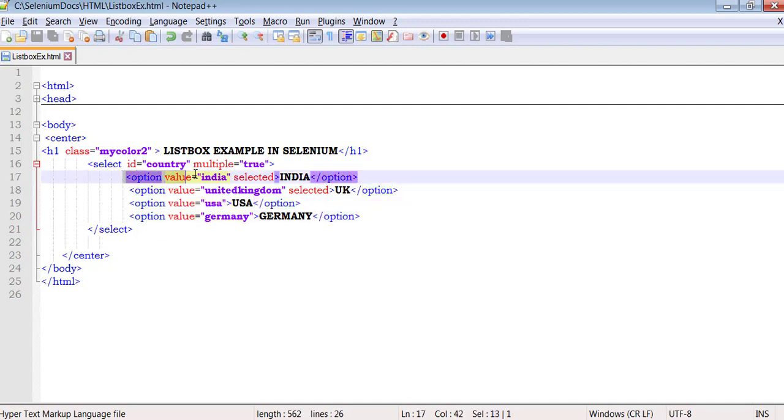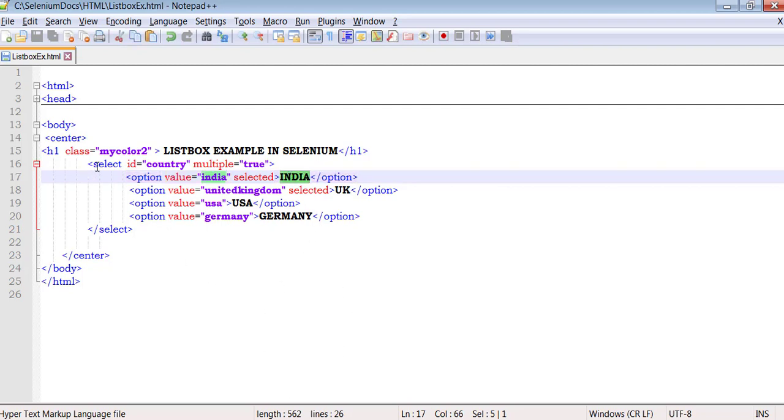The first option has the value india in lowercase and it has India displayed in uppercase. So here the value is different from the value which is displayed in the website.